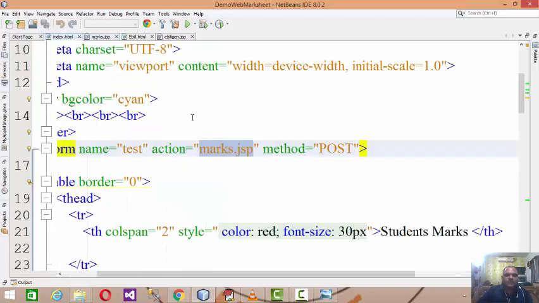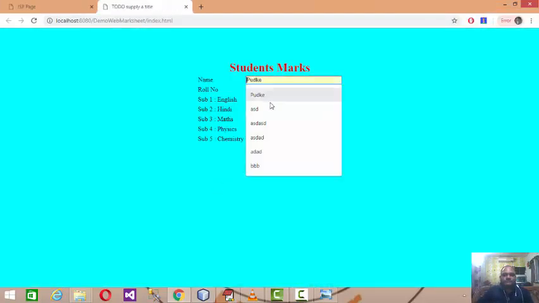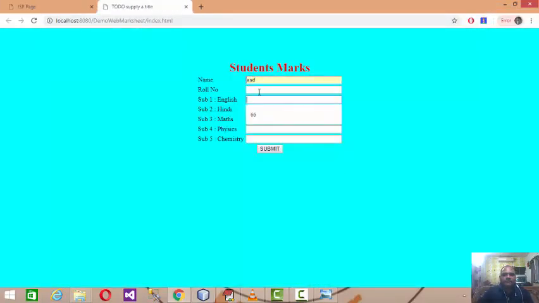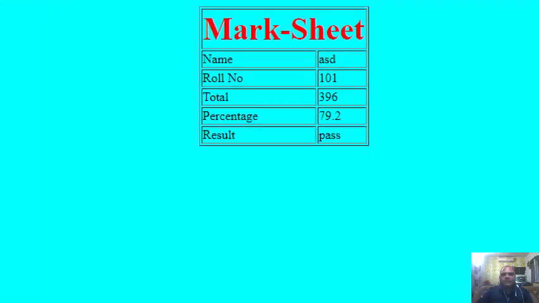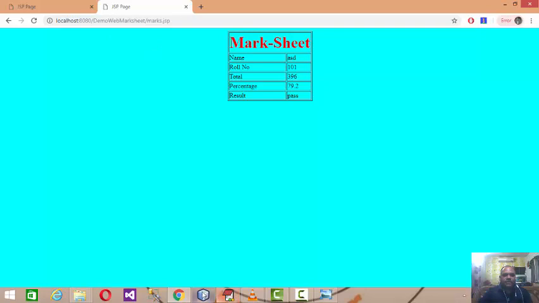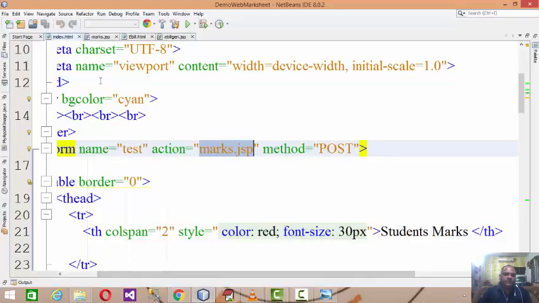So in this manner, whenever we run the request form and post the data related to the student name, roll number and the subject marks, after successfully posting this data, my code is going to generate the mark sheet and process that data, and here the result also will be generated. In this manner we can successfully generate the mark sheet out of it. Now let us discuss the next assignment.